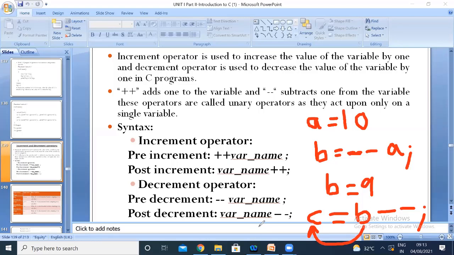Now C is 9. If you print the value of B, what will be the value of B? 8. Good. What is the value of A? 9. Did all of you understand? Yes, ma'am. Yes, fine.